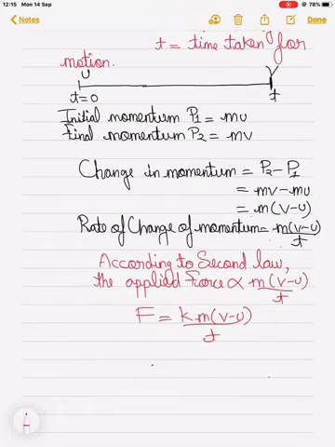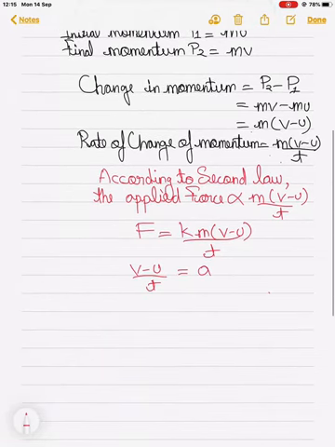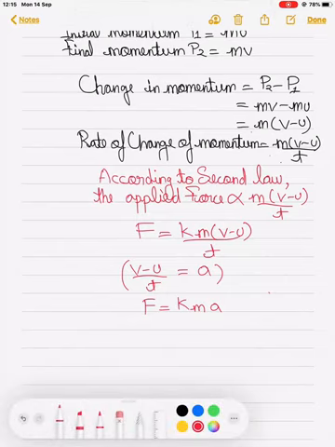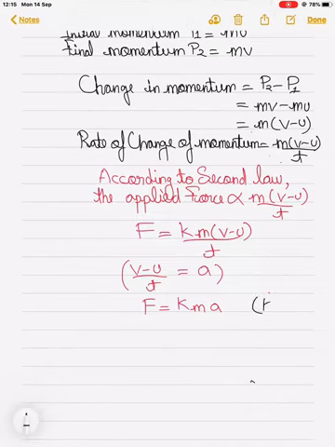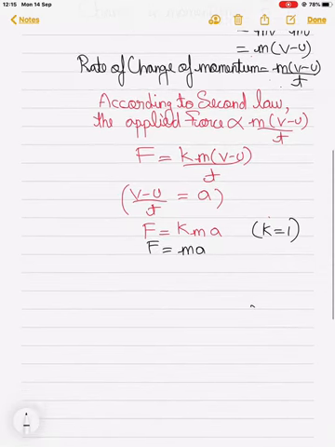And we have learned from the equations of motion that (v minus u) upon t is the value of acceleration. So we substitute this value in the above equation, and we get F is equal to k m a, and we assume k to be 1. So F is equal to m a is the mathematical form of second law of motion, where the SI unit